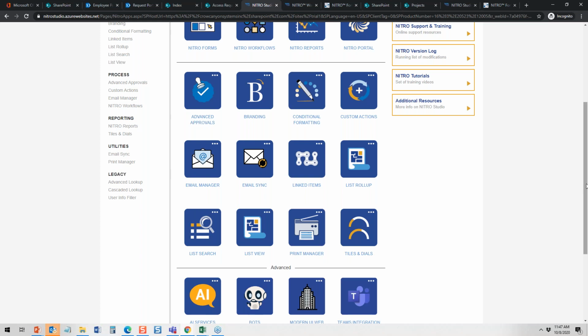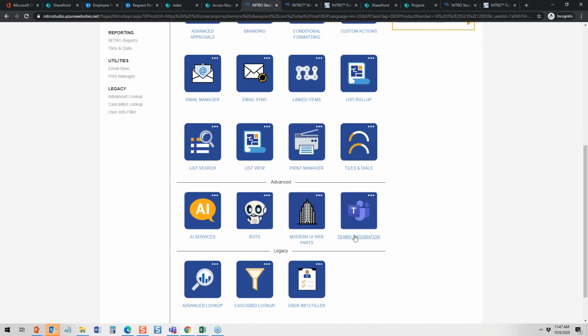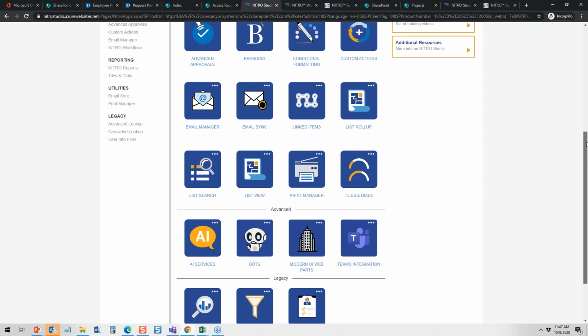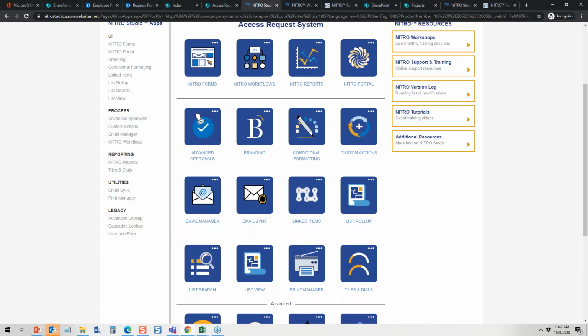Now, if you're over in Office 365, you can start taking advantage of our bots and AI services, modern UI web parts, and our full-fledged Teams integration. And those are things, if you're in Office 365, you definitely want to take a look at, especially our Teams integration. I don't think I have much time in this webinar, with like 15 minutes left or so, to go into the Teams integration and the bots, which are really cool, to show how inside of Teams you can be doing a lot of business processes like approvals and everything. That is something I'd love to show right now,